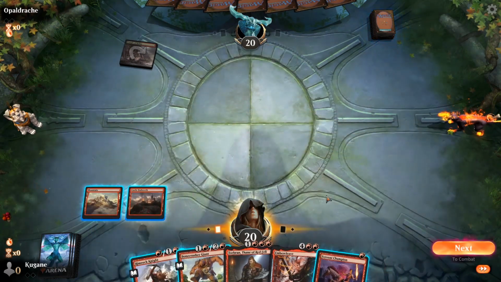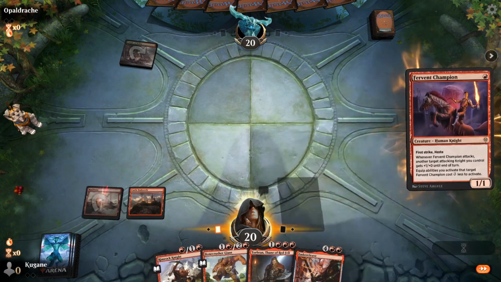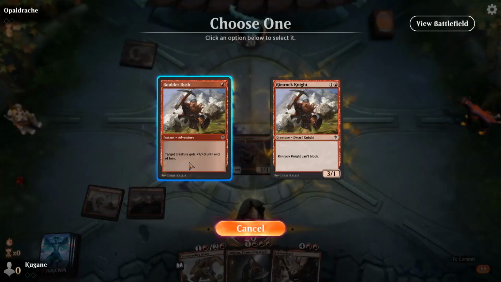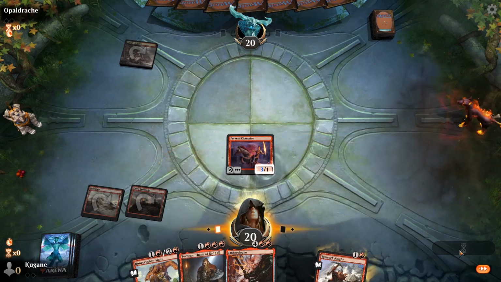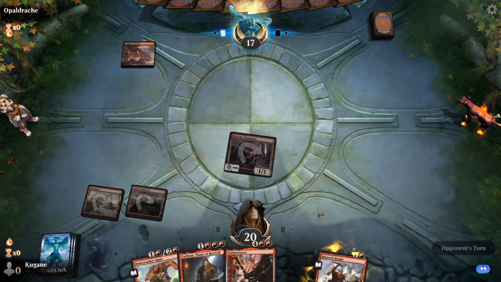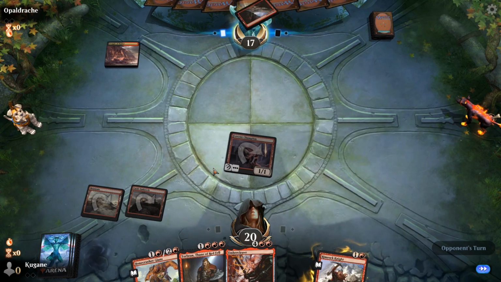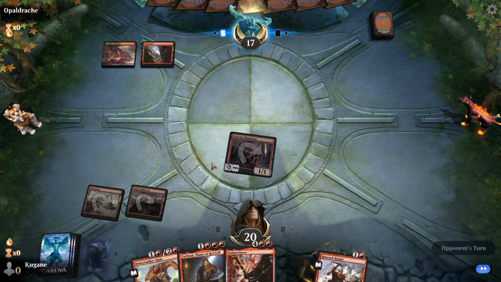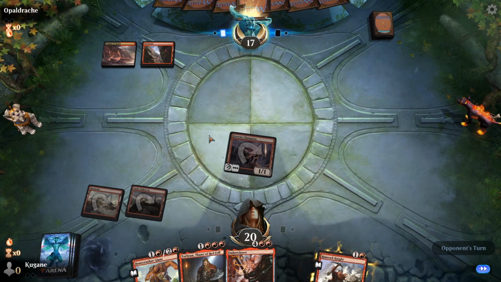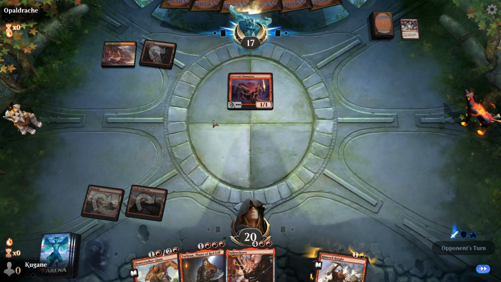Okay, so there's a 1-drop. I think I'll do it like this. I will buff the Fervent Champion with the Rimrock Knight and attack him for 3. And it's not looking great because we only have 1 creature on the board now and it's already going to turn 3. But maybe I can turn it around. The opponent is playing a Rakdos deck, so